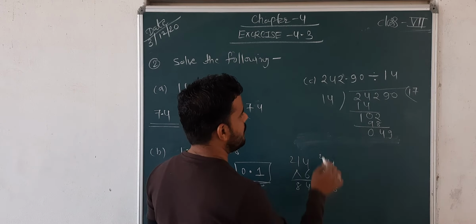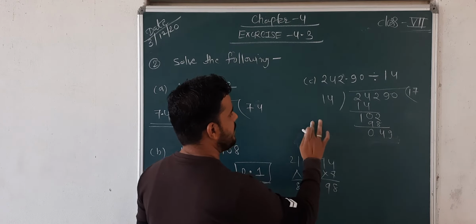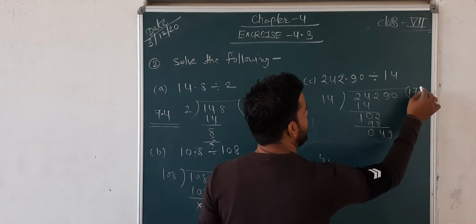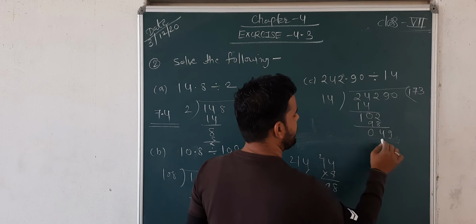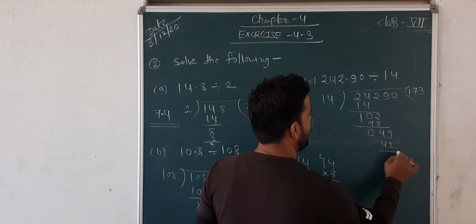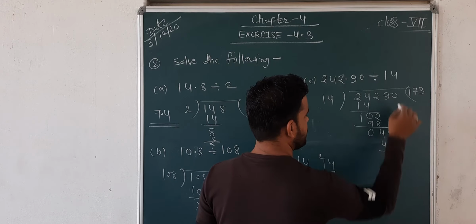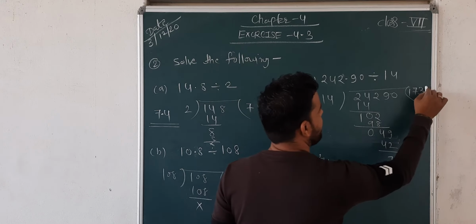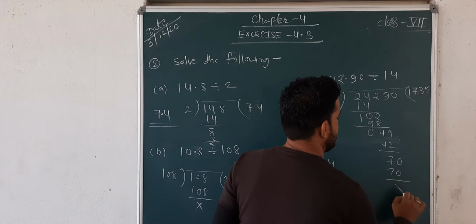14 4 ja. 76, 56. Then more than 3 times. Afterwards 14 3 ja 42. Then 7 and 0, and then last 5 times 70. So the answer is